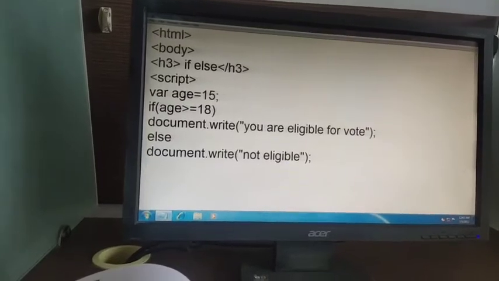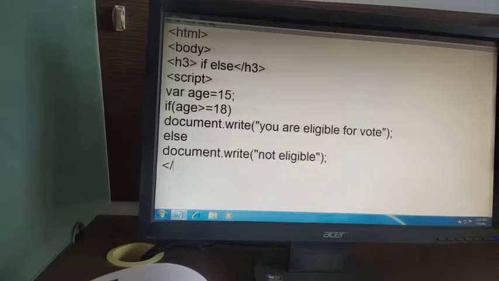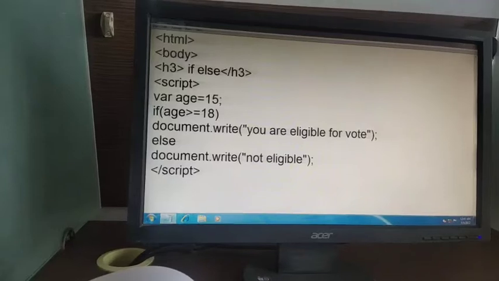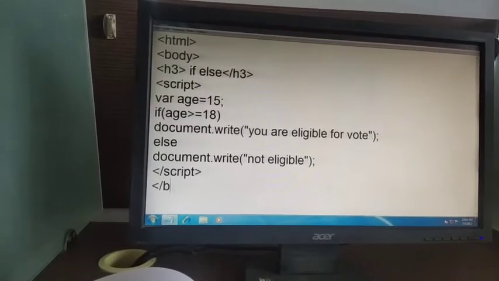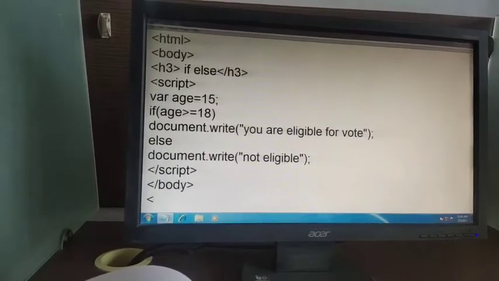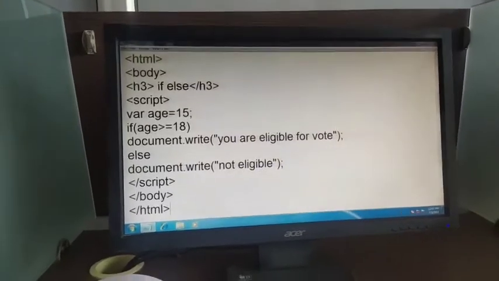Here if else statement is finished and my script tag is closed, my body tag is closed, and HTML is closed. Okay, now it's time to save.